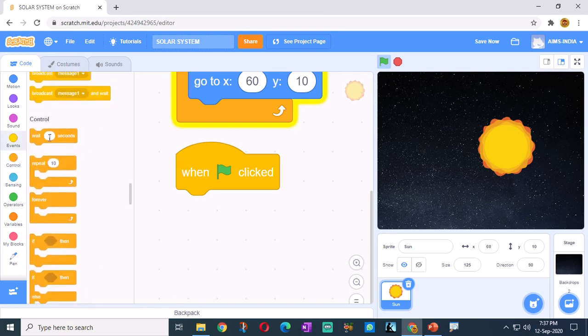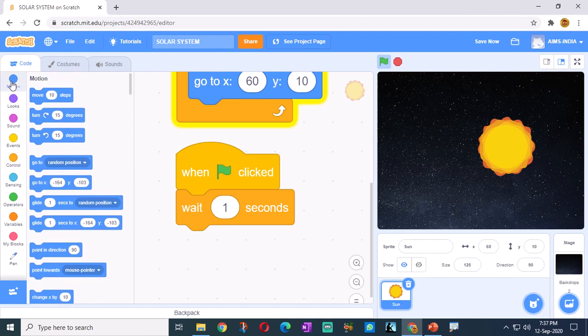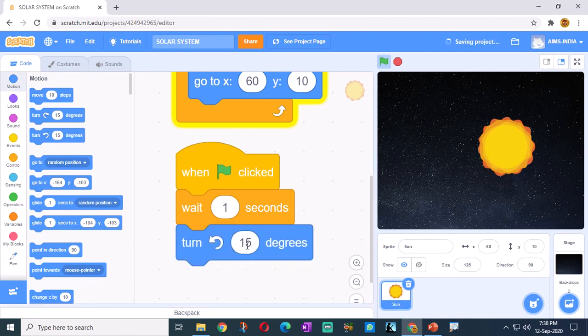So control icon, wait for 1 second, and turn. If you click on motion icon, turn degrees, either clockwise or anti-clockwise. Turn 15 degrees is there. If you click on start button, see, it is turning,